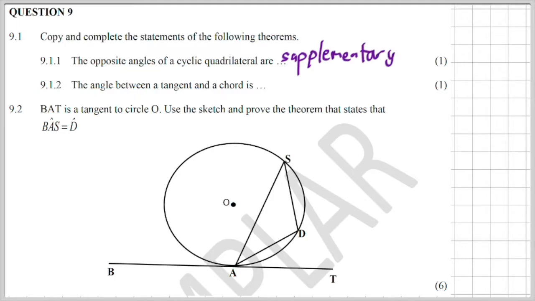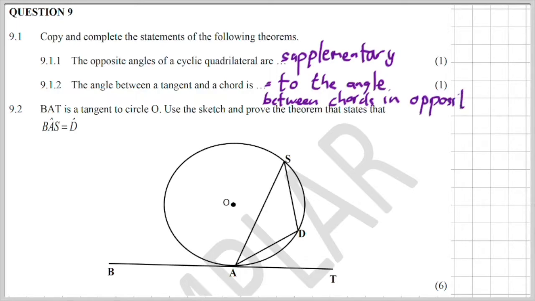Then the angle between a tangent and a chord is equal to the angle between the chord in the opposite circle segment. This is just theory, guys. Then we get to question 9.2, which is also theory, because it says BAT is